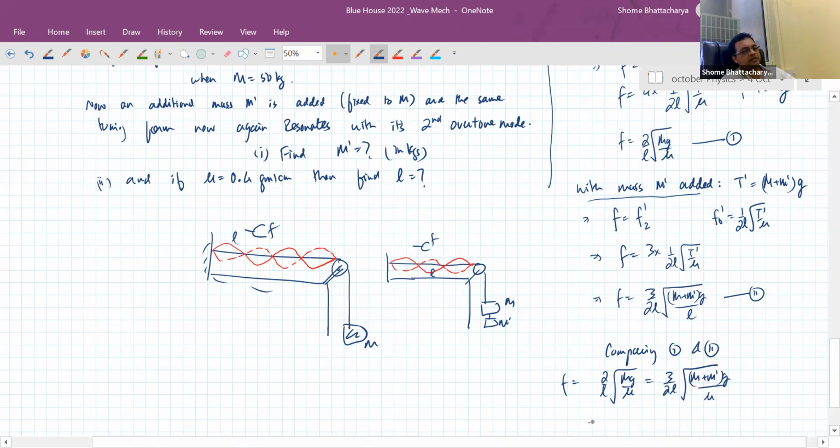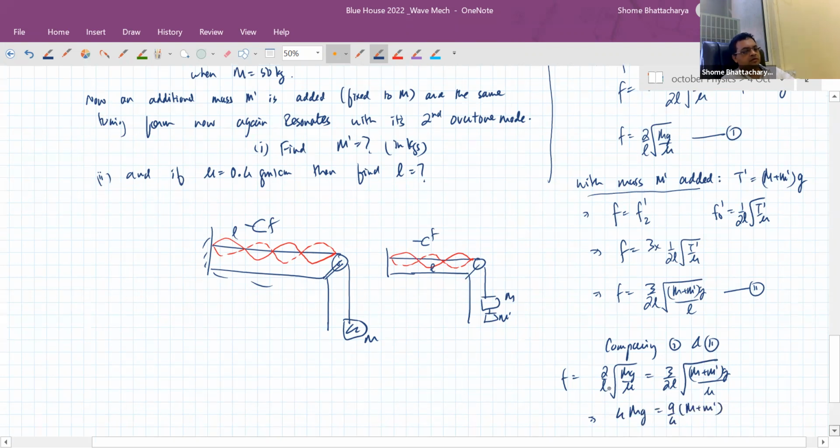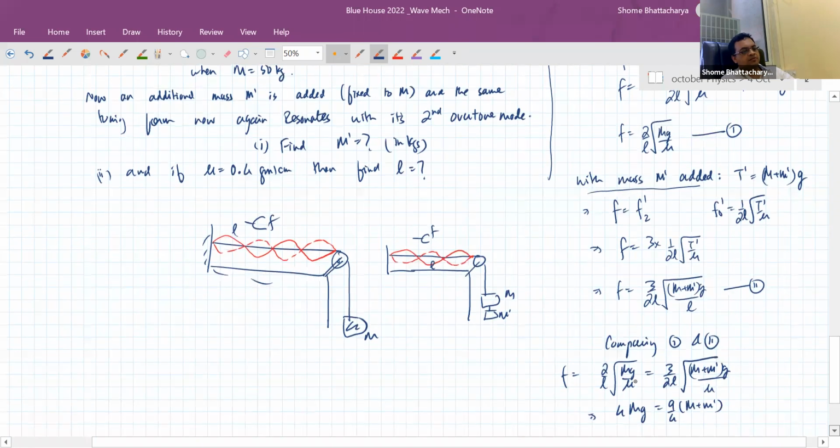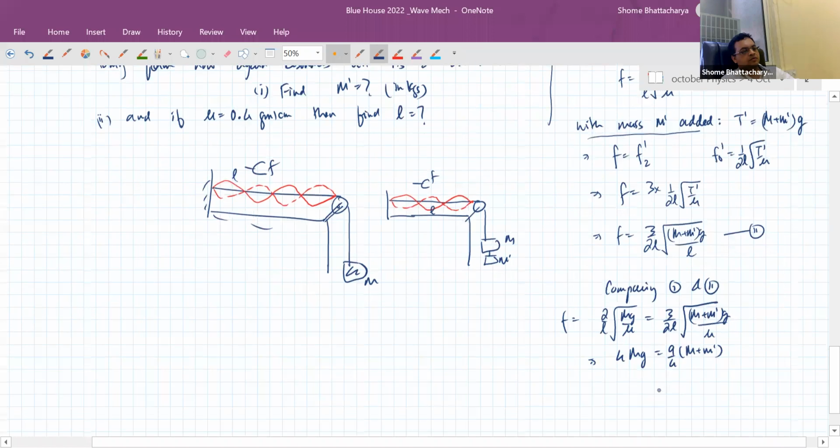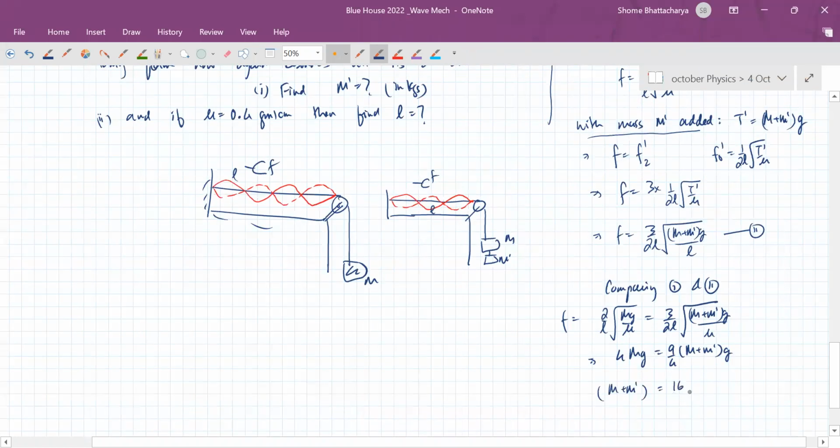You can just square both the sides. So 4 mg is equal to 9 by 4 times (m plus m prime) g. So m plus m prime